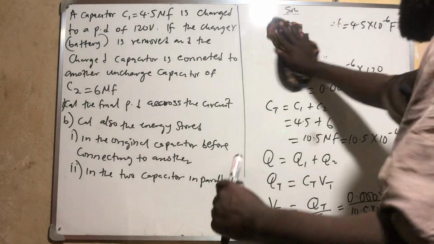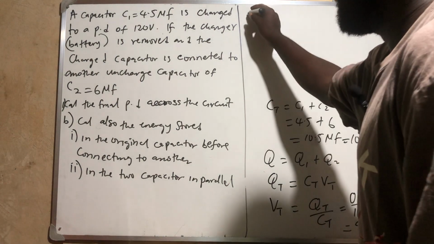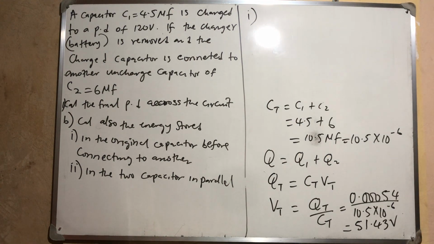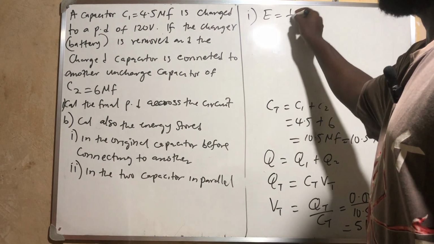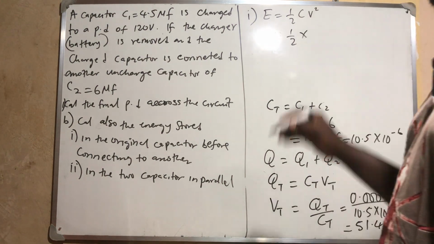So let's calculate the next one. The next question there, which is I said we should calculate the energy stored in the original one. The energy stored is equal to half CV squared, which is 1/2 times